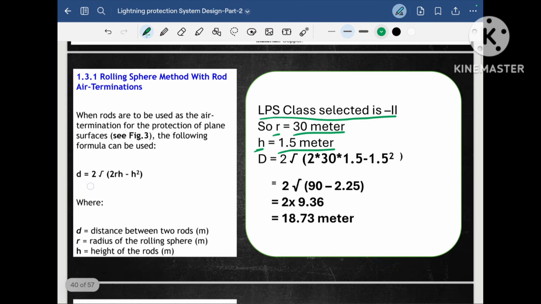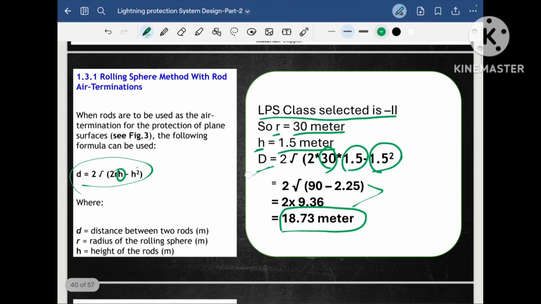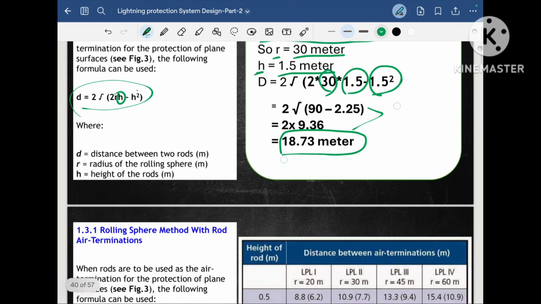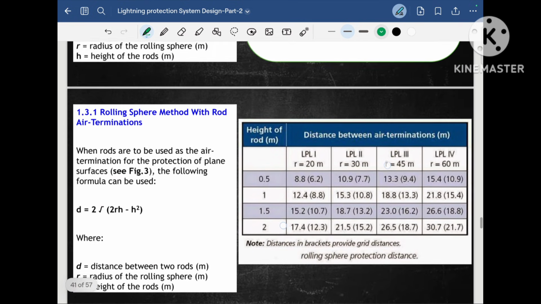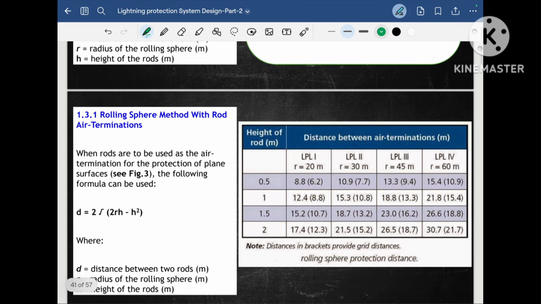Now we will place the values in this formula D is equal to 2 under root 2. 2 is a constant, 30 is the rolling sphere radius in meter, 1.5 is the height of the rod, minus H square, that is the height of the rod squared. It's simple mathematics. When we calculate it, we will find that the distance between the two air terminals is 18.73 meter. So what we will do is place the air terminals over the roof at a distance of